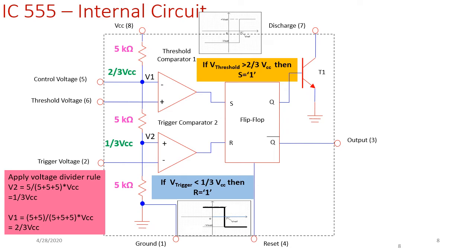So what will be the V2 and V1? Because it is dependent on the VCC, based on the VCC given, we will calculate the V2 and V1. For example, if we are assuming that VCC is 5 volt, so it will